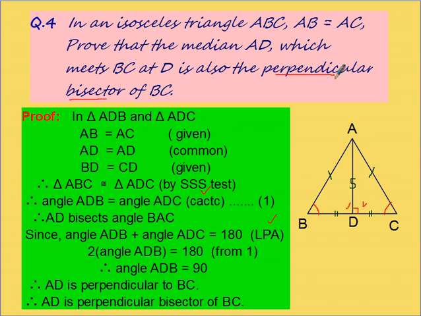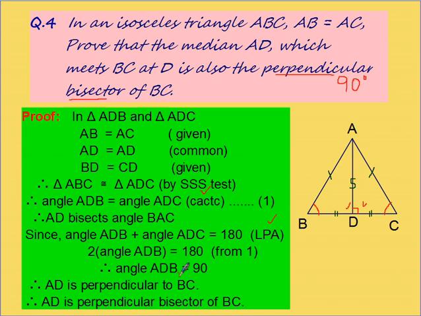Perpendicular means you have to prove that it is 90 degrees, meaning they bisect at 90 degrees. So you have to prove that 90 degrees also. So now you can write, this is a straight angle. So you can write angle ADC and angle ADB, they are forming a straight angle, a linear pair, or you can easily say it's a straight line. So now you write here angle ADB plus ADC is 180, linear pair of angles, supplementary. So twice angle ADB, because at first we have already proved ADB and ADC are equal. So you can write ADB plus ADB is 180, so twice ADB is 180.